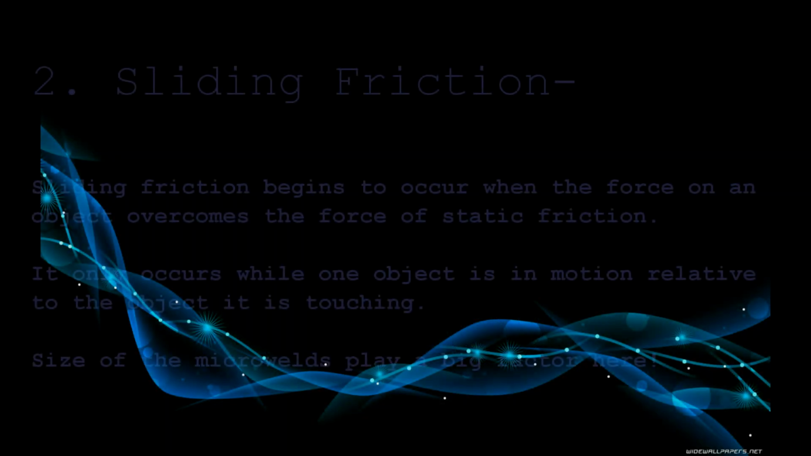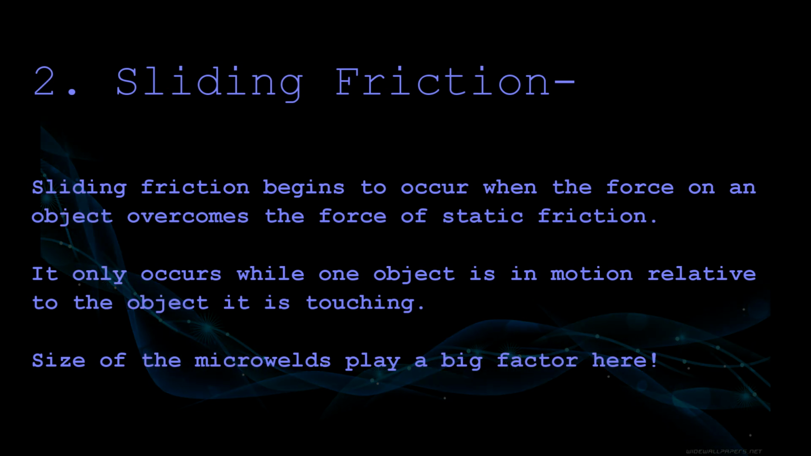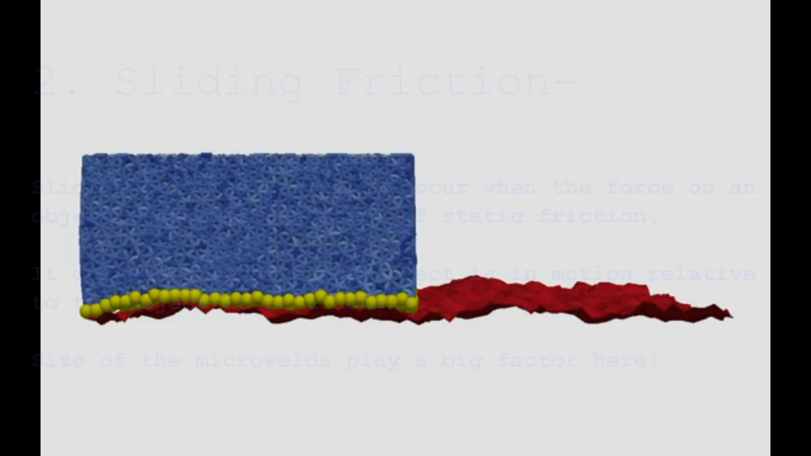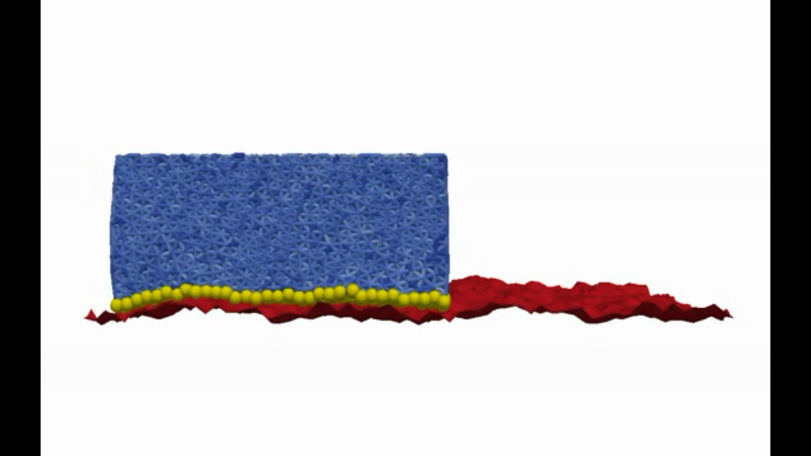Our second one is sliding friction. That's just the idea of two objects sliding across each other. We can see this with the micro welds acting against it, like this example here. I'm not sure what that is, but you can see the micro welds working against the blue object, forcing it